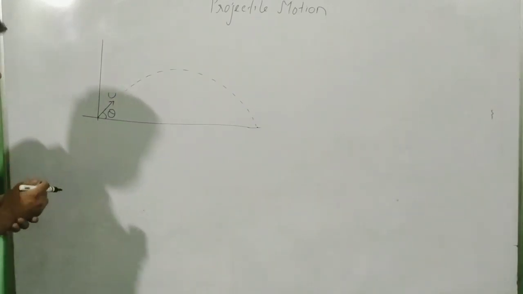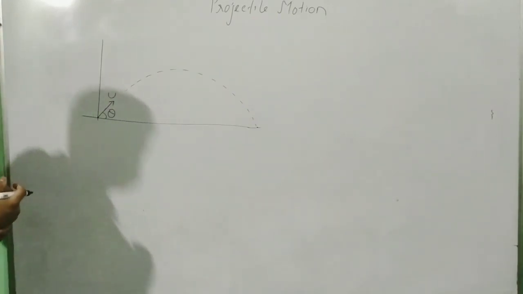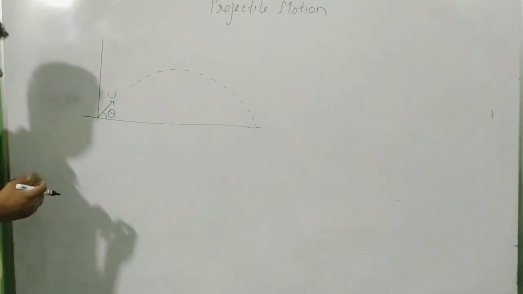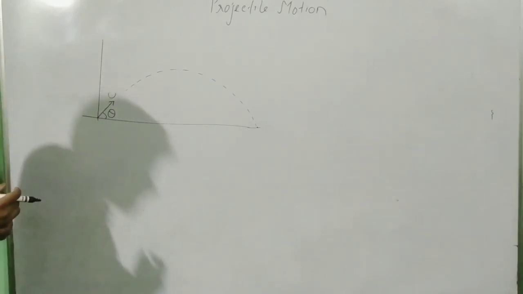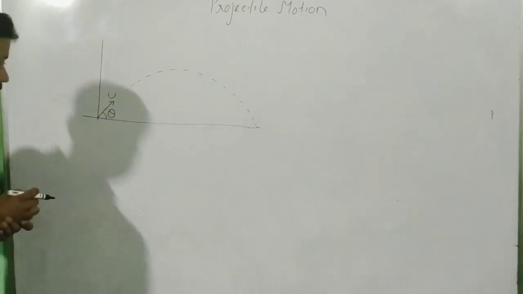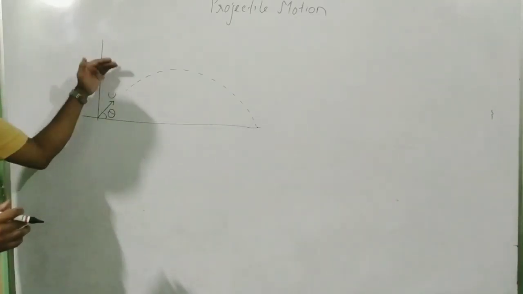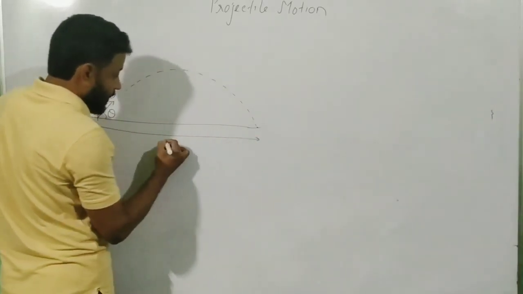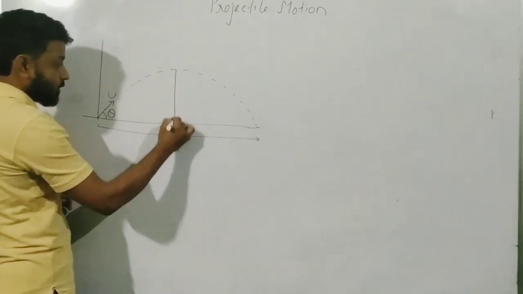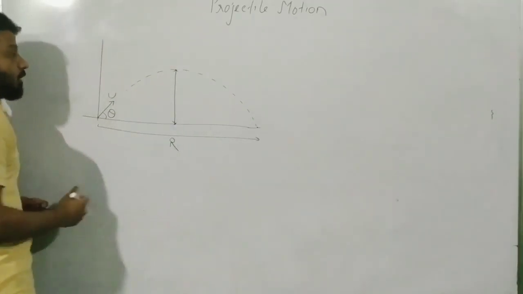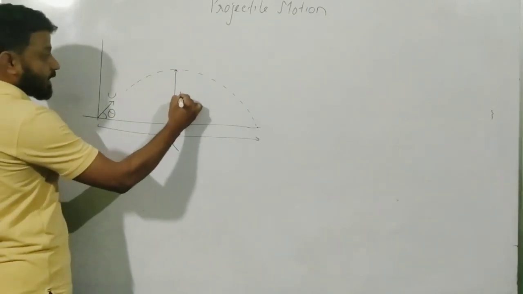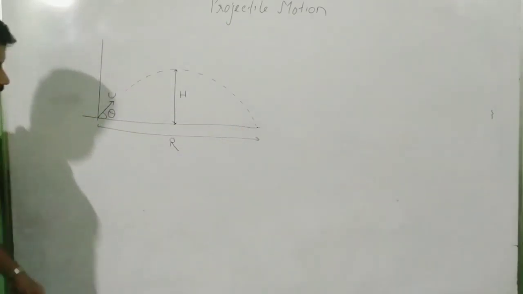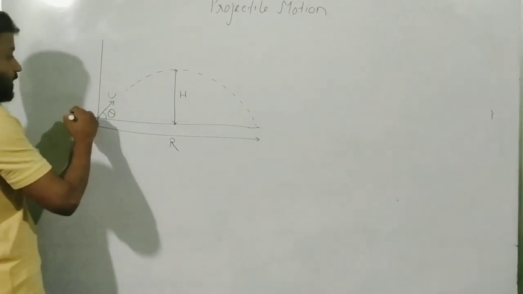Now here we need to understand certain things very clearly so that during the course of discussion it becomes clear to you. This u is the initial velocity of projection, and this theta is the initial angle of projection, or we just say the angle of projection. As it goes above in air and then comes back and lands on the ground, this distance where it lands is referred to as range. This maximum displacement in the vertical direction is referred to as height, and the total time it takes from ground to ground is called the time of flight.